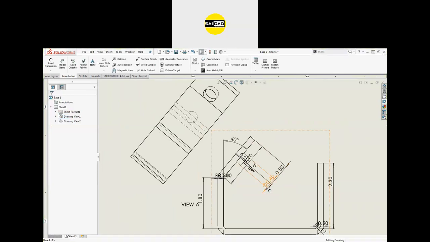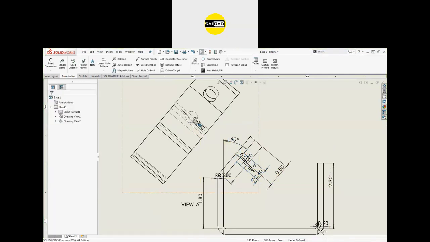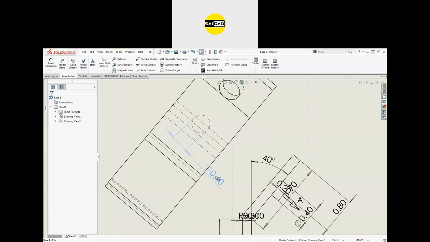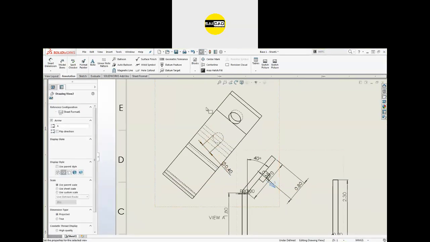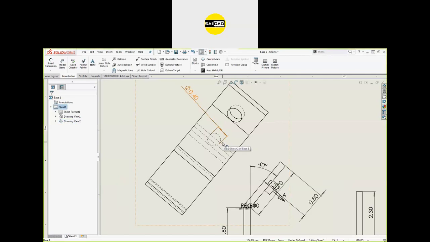So now I want this point 4 dimension to be moved to this view. So press Control, drag it, and you can see we will have a dimension here. So this will be the point 4. Now I don't want this point 4 here, so just select and delete that. And this is the dimension that we need. Okay, like that. So it's just a move command or copy command.